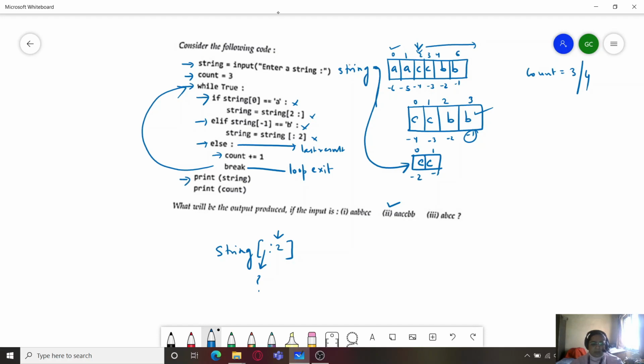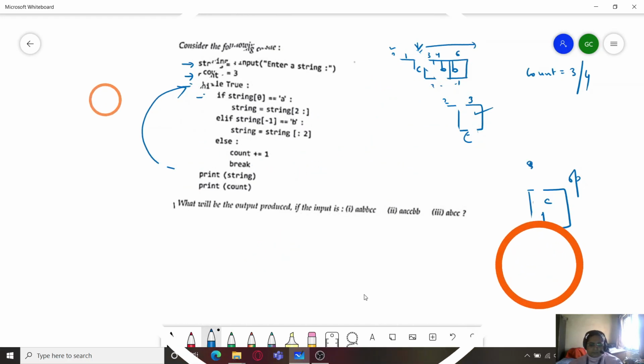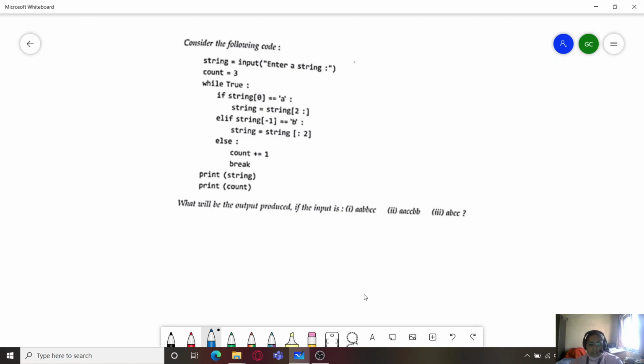and we will be now printing the string, which is what? CC, and the value of count will be printed, which is what? 4. So this is my output for the second input. And now we have the third input, that is ABCC.